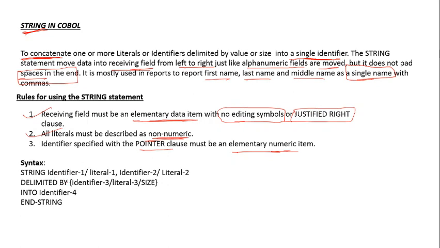String identifier 1 or literal 1, identifier 2 or literal 2. So both will be concatenated, delimited by identifier 3, literal 3, you can say space, size, anything, by comma into identifier 4. Let's see it with an example.